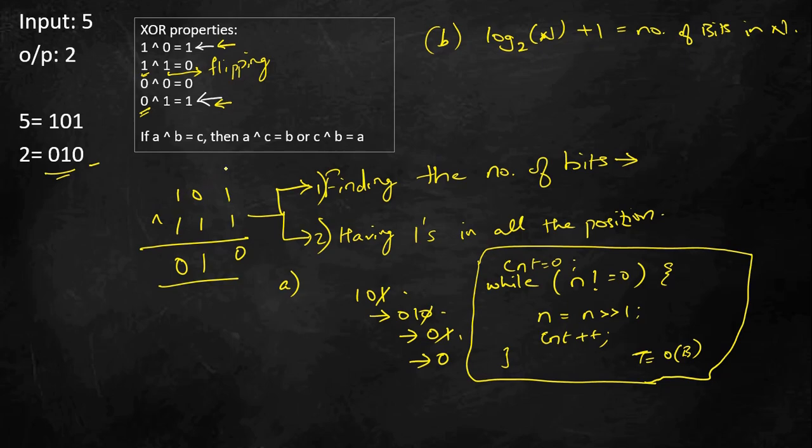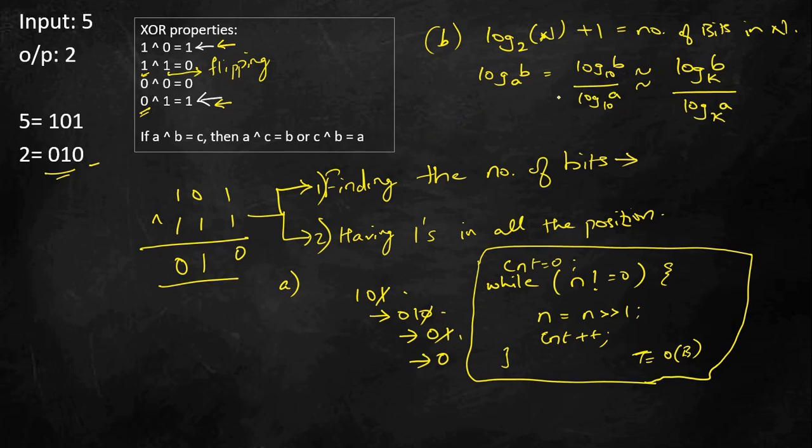Okay. So how can we do log of n to the base 2? In some programming languages like Java, you don't have log n to the base 2, you have just log n to the base 10, right. When you do math.log, it is log n to the base 10. So for that we will use a logarithmic formula which says that log of b to the base a is nothing but log of b to the base 10 upon log of a to the base 10, or rather 10 is a constant here, so this is also the same as log of b to the base k upon log of a to the base k. So the base can be anything.